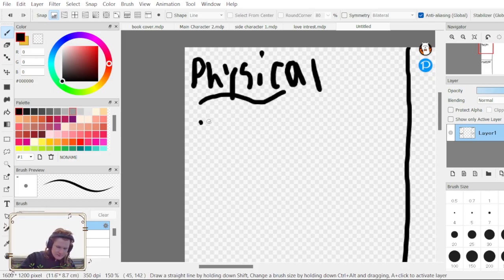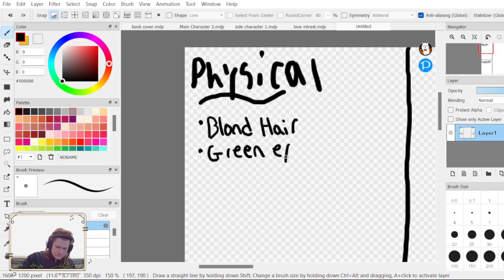So I was thinking it should be blonde hair, blue eyes, blonde hair, green eyes goes well together.